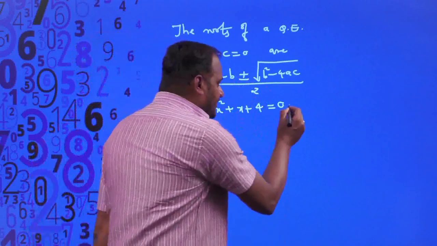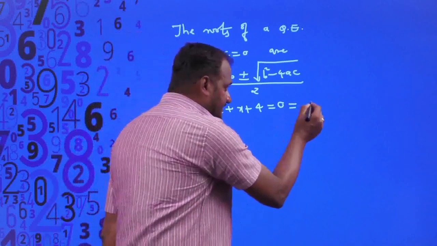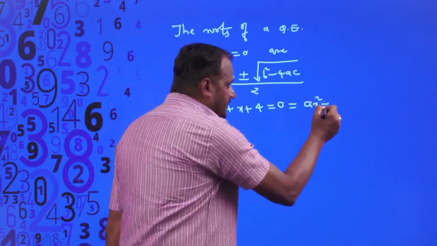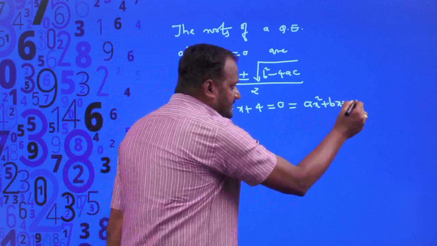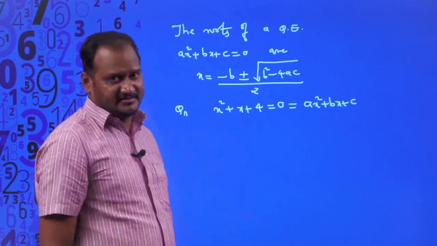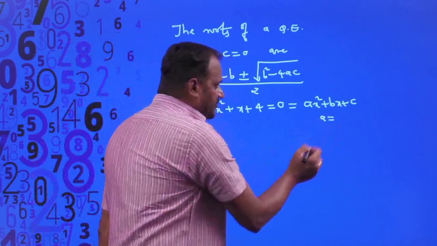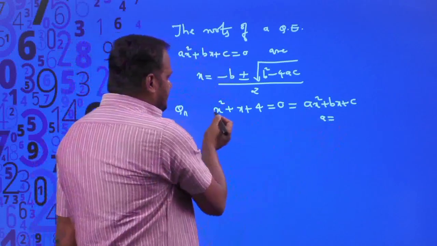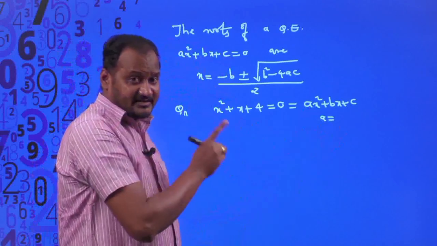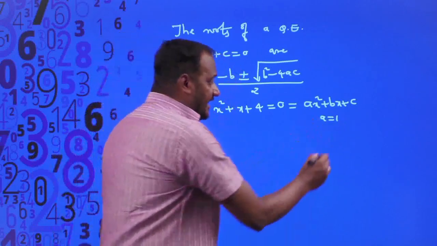Then I am comparing this quadratic equation with the standard form, that is ax square plus bx plus c. So better try to figure out the values of a, b, c, just to avoid all such confusions. The value of a: this is ax square, this is only x square. Only x square means 1x square. So the value of a is equal to 1, and b